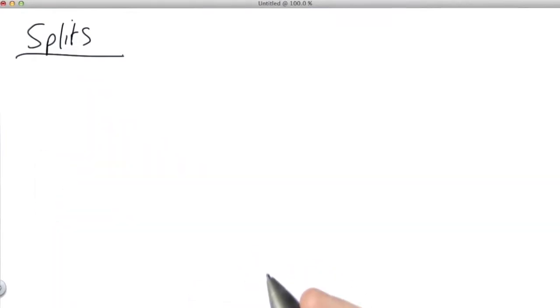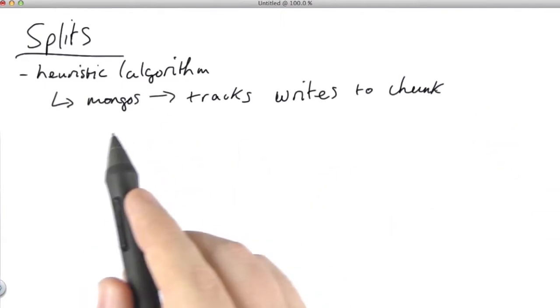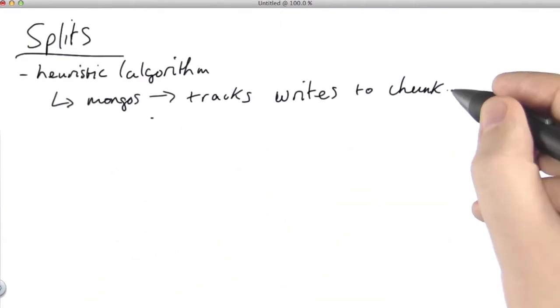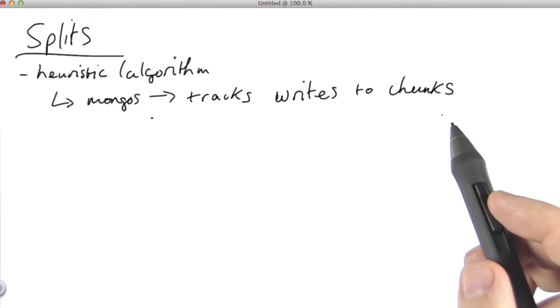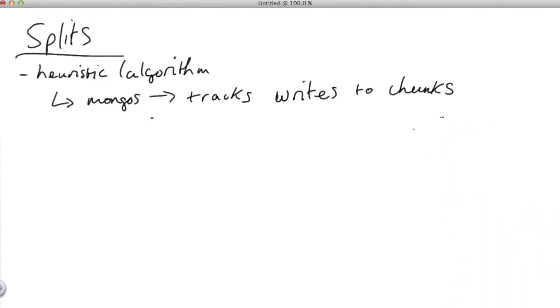We've already mentioned that splits are part of the housekeeping work that the mongos does. But how does the mongos decide that a chunk needs to be split? How does that actually happen? Well, there's a heuristic or algorithm in the code whereby the mongos tracks writes to chunks. It keeps track of all the chunks it's aware of, and keeps track of how much data has been written to those individual chunks. And when it sees that enough data has been written to a particular chunk, it decides to split